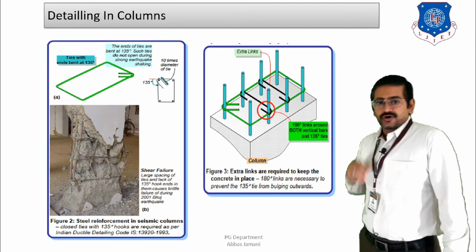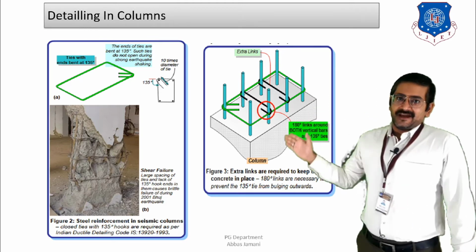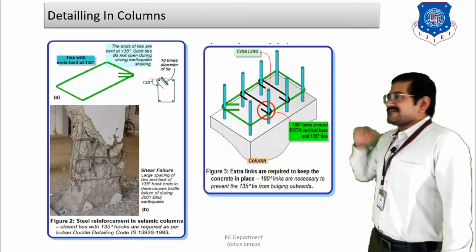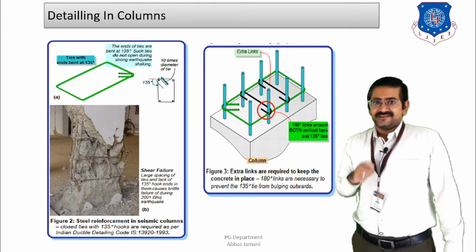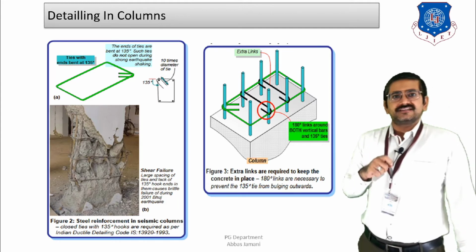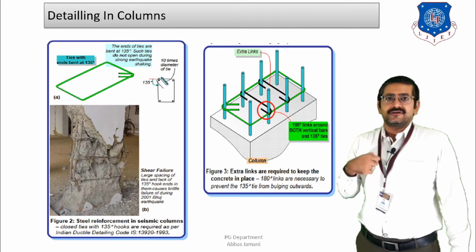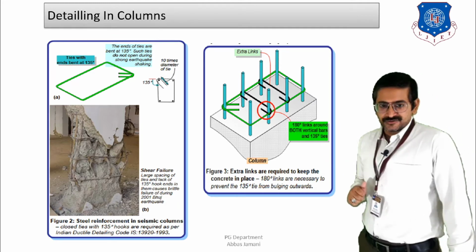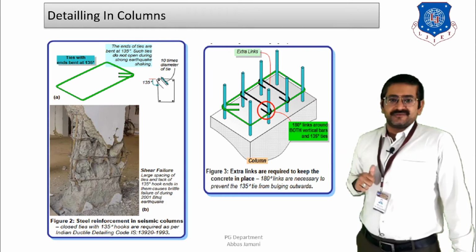You can see in the figure over here where the bulging of concrete has taken place, in one particular case where the earthquake shaking was introduced. And in the second figure, another important criterion highlighted by IS 13920 is shown, and that is if the length of any of the stirrups that you are providing is greater than 300 mm, then in order to increase the confinement in the area, cross ties have to be introduced. The cross ties are also shown over here, which you can see in the figure in black color.